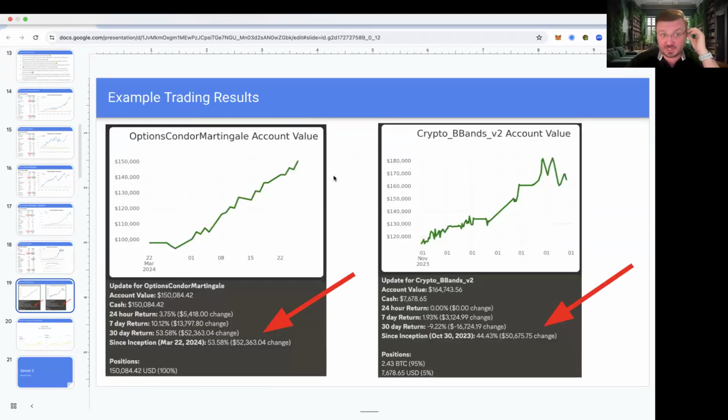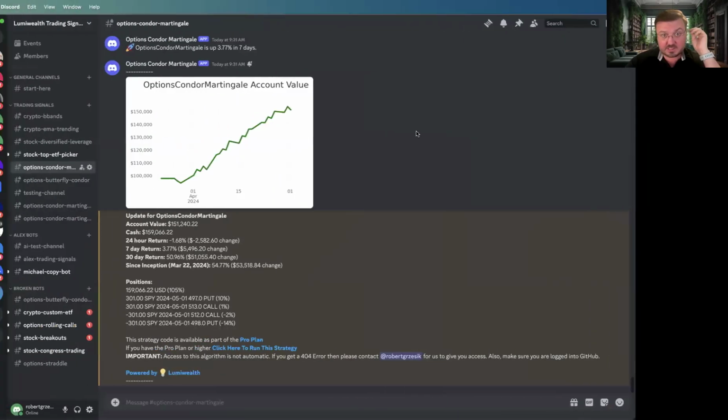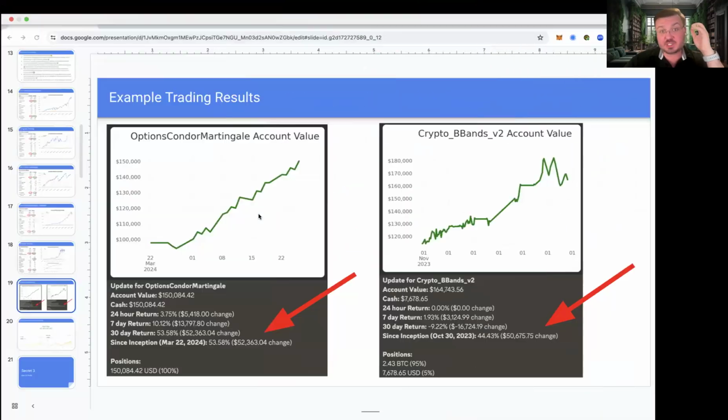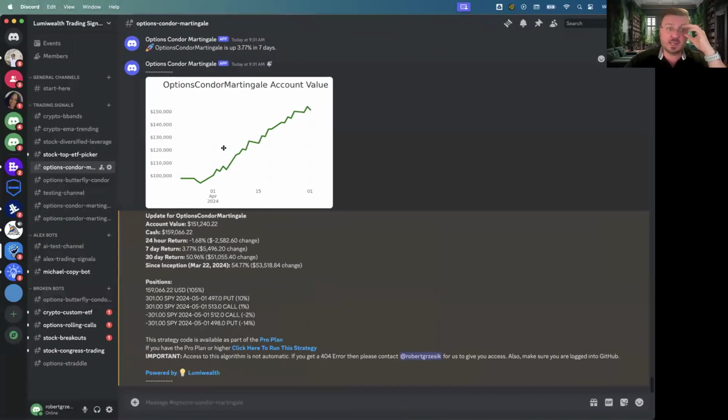Okay, here's actually trading. This is that Iron Condor, and I could actually even show you here. This is the live one, what it's actually been doing. I took a screenshot, but I'll just give you the latest one, right?